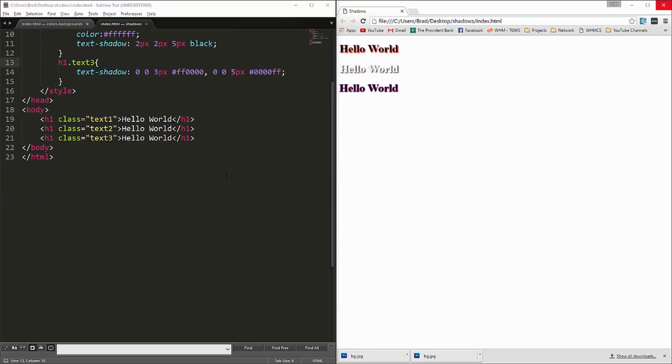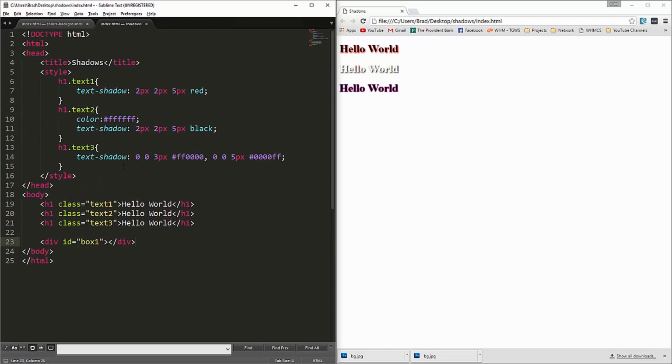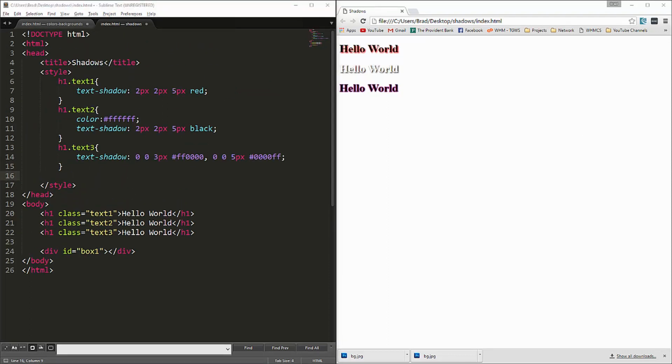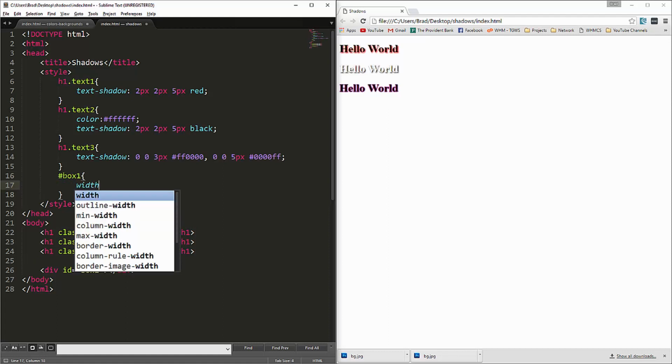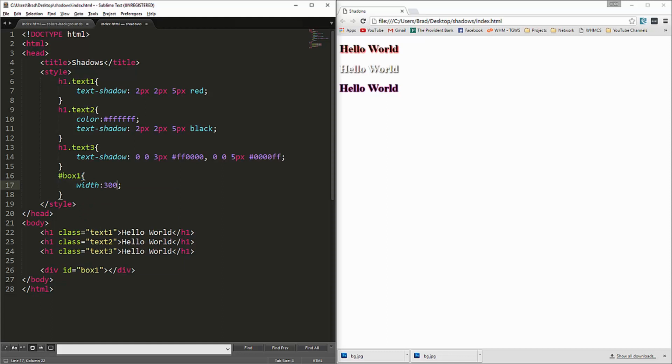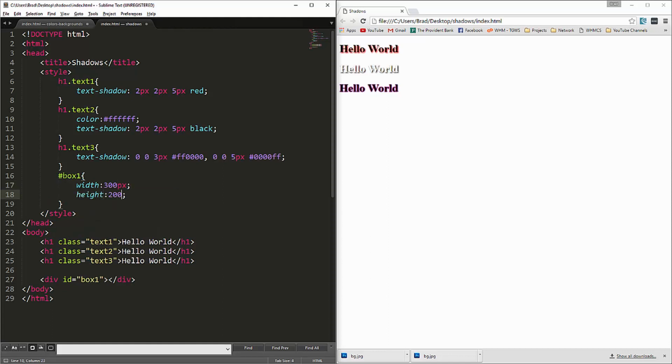So I want to move on to box shadows. So let's go down here and let's create a div, and we'll give it an ID of box1. Okay, let's go up here in the CSS and we're going to say ID box1. Let's give it a width of 300 pixels. We'll do a height of 200 pixels,